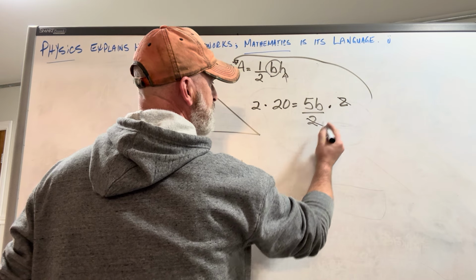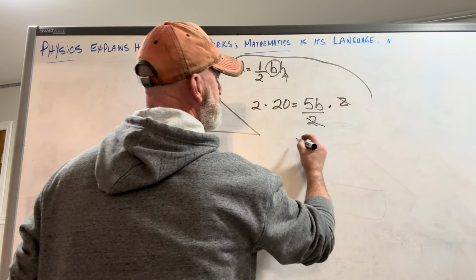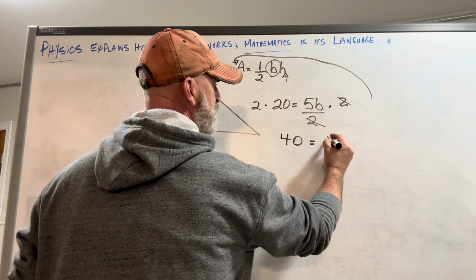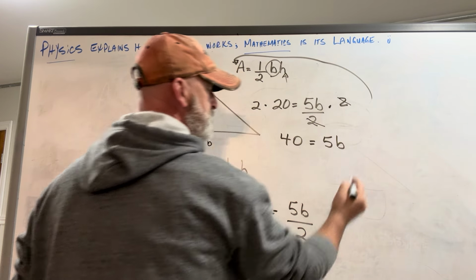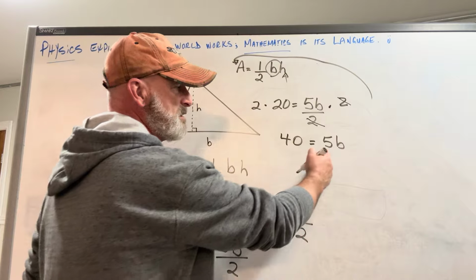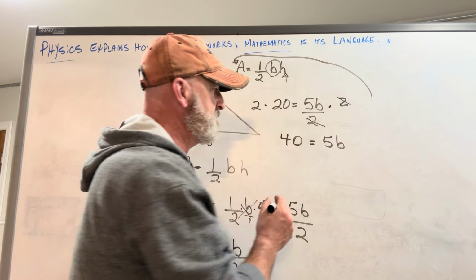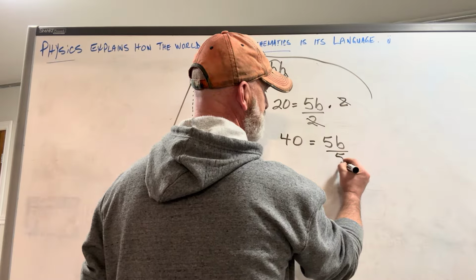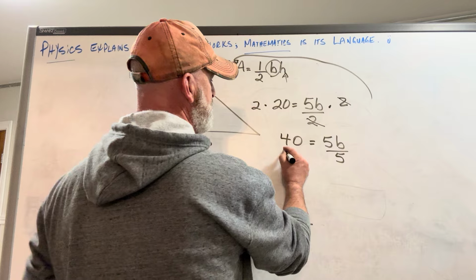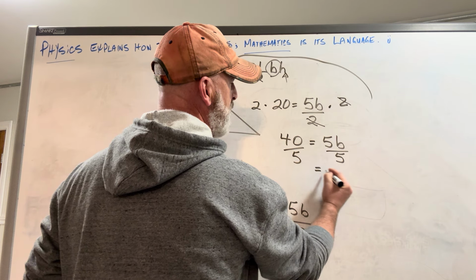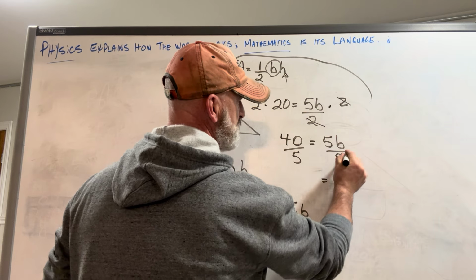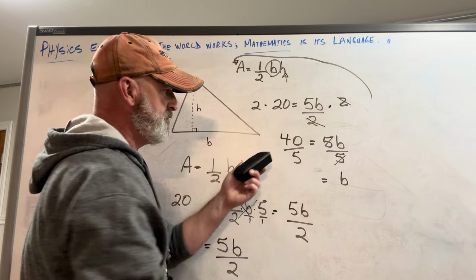So what are we left with? Well, on this side, 2 times 20. That's easy. I can do that in my head. Equals 5b. Well, again, I'm just looking for the b, and right now I got this pesky old 5 being multiplied to it. So let's divide 5 out of this equation right here. Whatever you do to one side, you have to do to the other. Divide by 5, and now we have a b, as this reduces to 1, is equal to 40 divided by